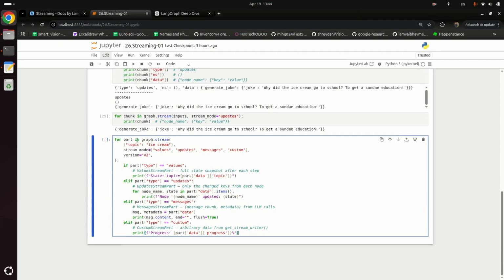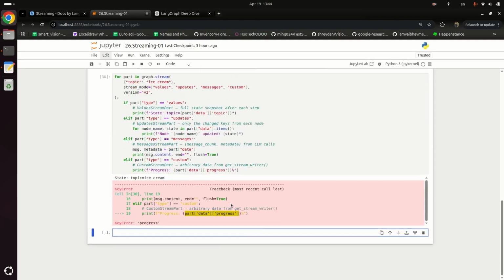Here we are saying for part in langgraph.stream, topic is ice cream, stream mode is values, updates, messages, custom, and version is v2. We check if part type is equal to values, then print this. Else if type is updates, then print this. If part type is message, maybe an LLM message, then print this line. And finally, if type is custom, then just print part data progress.